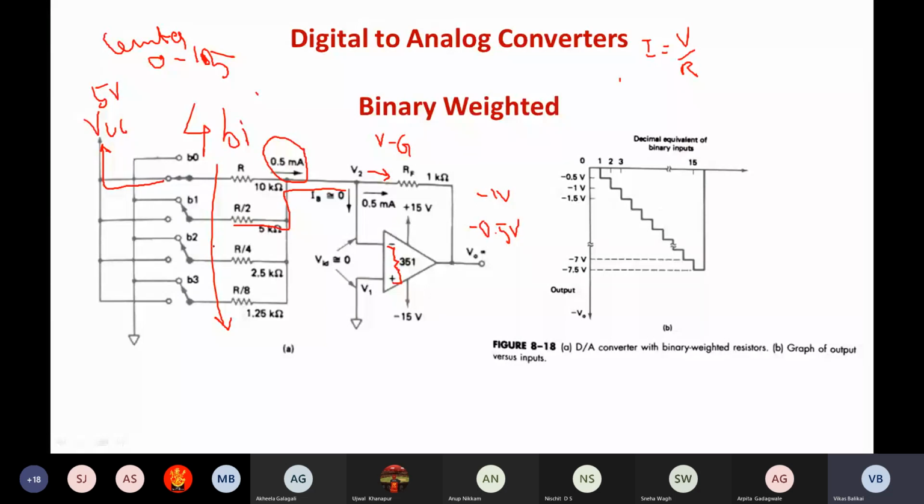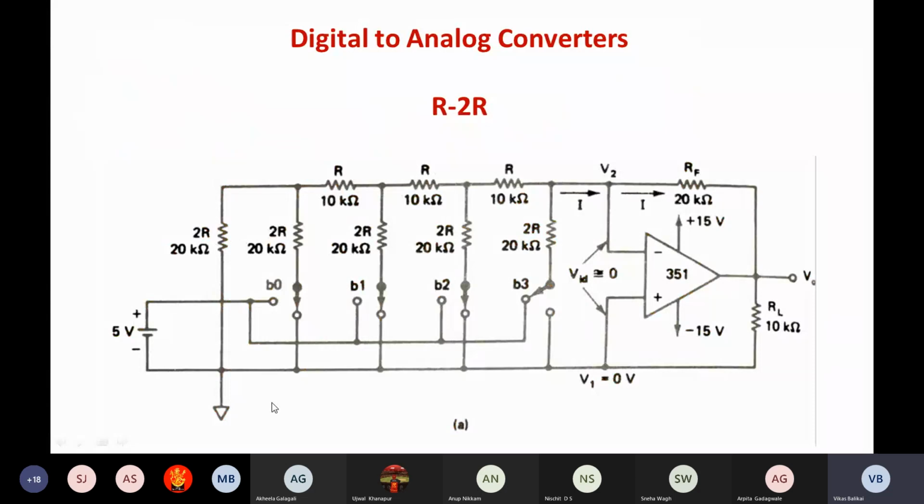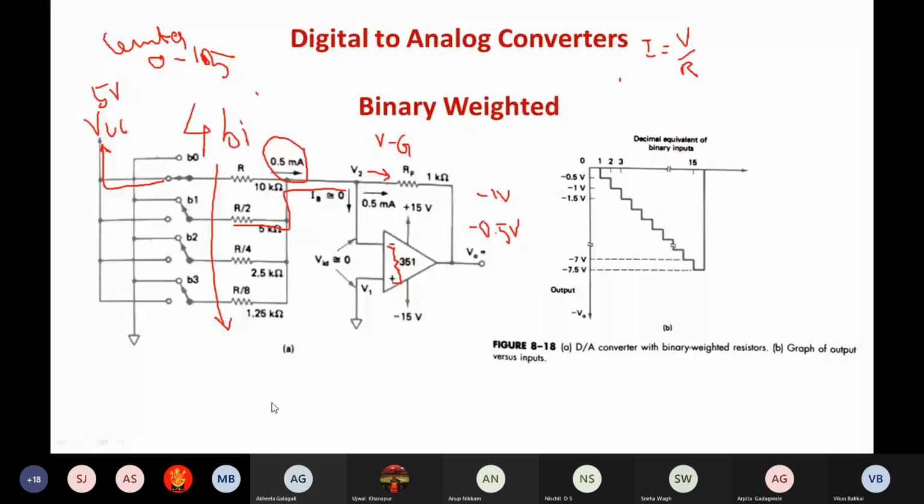So when all the switches are closed, this one gives 0.5 milliampere, this 1, this 2, this 4. So the current will be maximum, which means the output voltage will also be maximum. So when all the switches are closed, I am going to get the output voltage equation as, let me show you here. The output voltage equation will be,